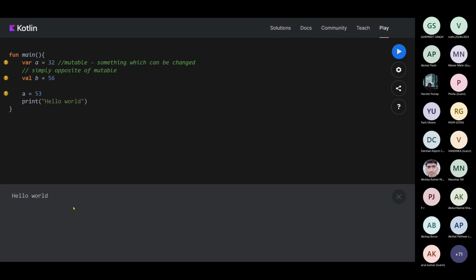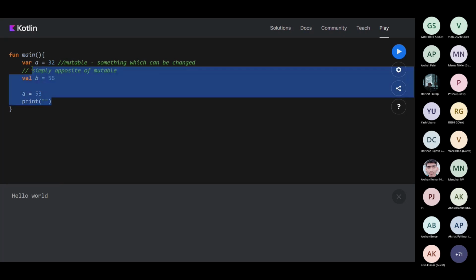Like we have integers. Integers are numbers, 1 to 100. Float numbers, what do you mean by float numbers? Float numbers are point values, like 1.1, 1.2, 1.3, something like that. So string is also a kind of data type. Now we are getting hello world. So what if I want to use this